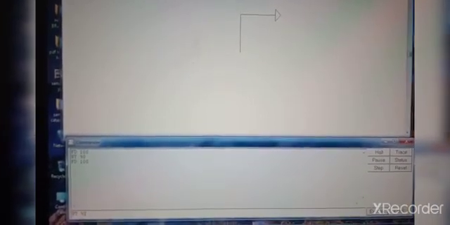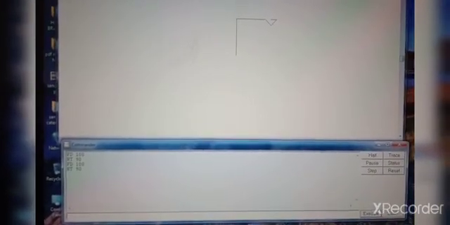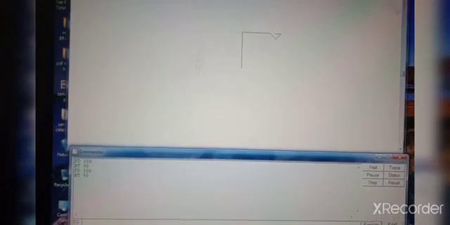Okay children, see here, FD 100. Now again give command RT 90, RT space 90. See, turn turtle right turn 90 degrees. Okay, now tell turtle to move forward 100 steps.